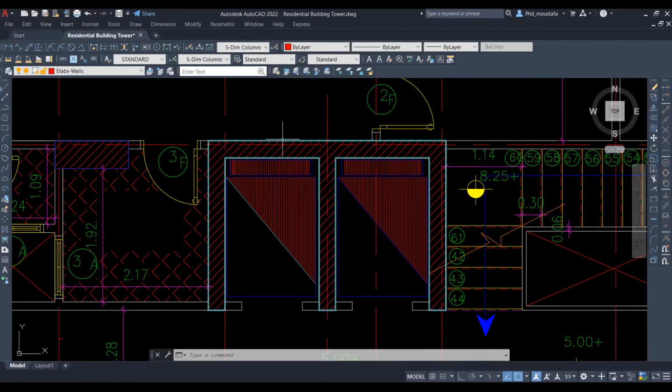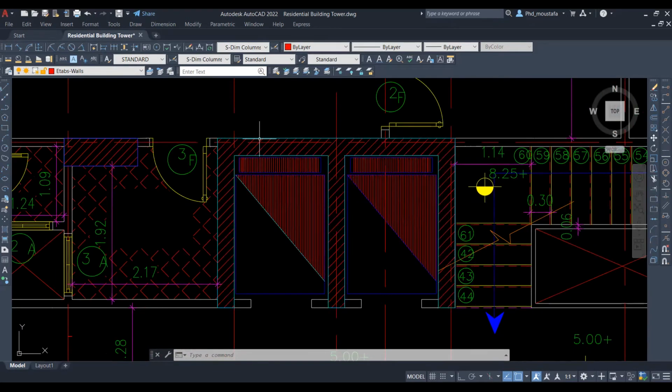We will see. So again, the same concept as the column will be applied on the wall. So bring the polyline. See, if I want to do this, it is fully connected. Make it explode. And now, see, we have different parts here. So you need to go to ETABS wall, click on polyline,